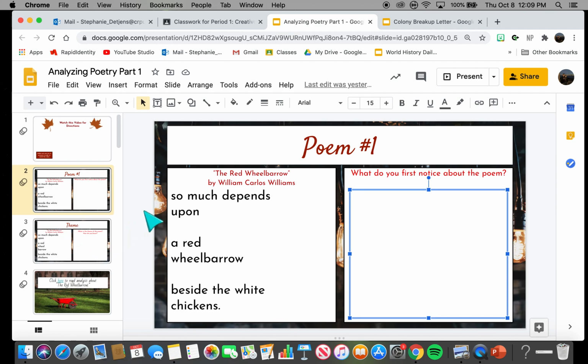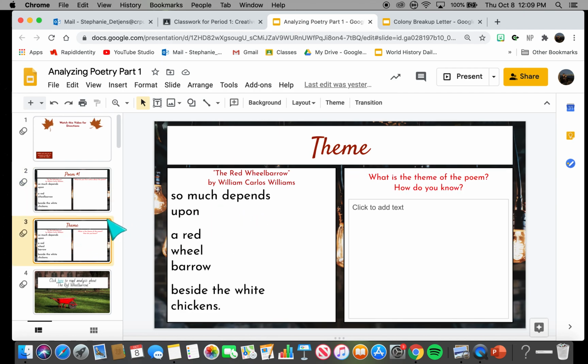The next thing you're going to do on slide 3 is the specific slide where you're going to tell me, what do you think it means? So you're going to write what you think this poem means. You might have no idea what it means, and that's okay. You can write, I don't know exactly what it means, I think it might have to do with this. Obviously a red wheelbarrow. And don't feel super pressured to be correct, because in the next slide,